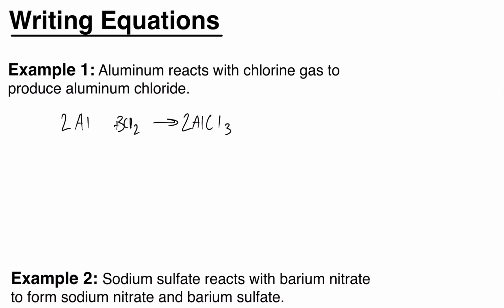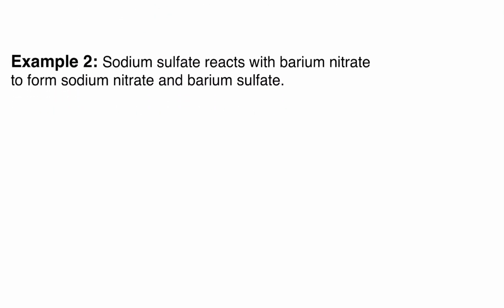Let's try another example. Sodium sulfate reacts with barium nitrate to form sodium nitrate and barium sulfate. So here we have a double replacement reaction. Once again, what are our reactants? Our reactants are Na2SO4 reacts with barium nitrate, so